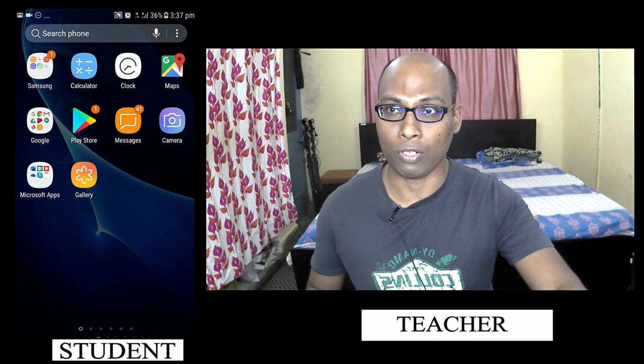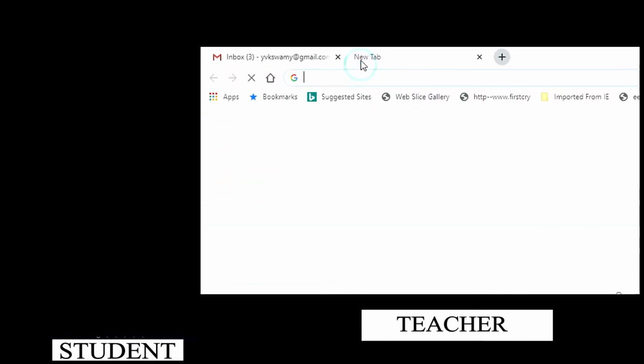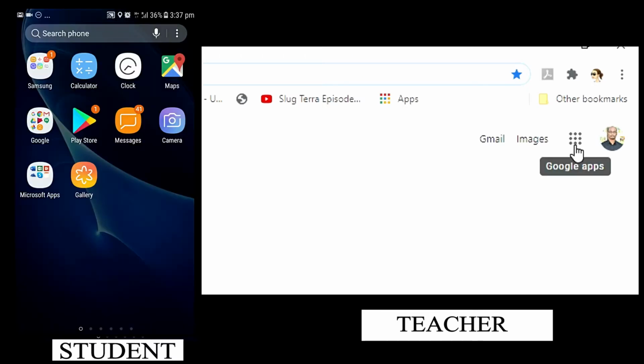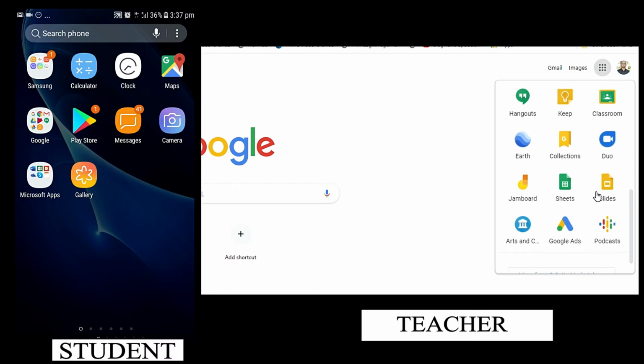Now before student join into your online class, you have to open the Google Jamboard. Come back to that, open a new browser and select Google Apps. Here you find Google Jamboard. Select the Jamboard or double tap the Google Jamboard. Once you double tap the Google Jamboard, here you can see